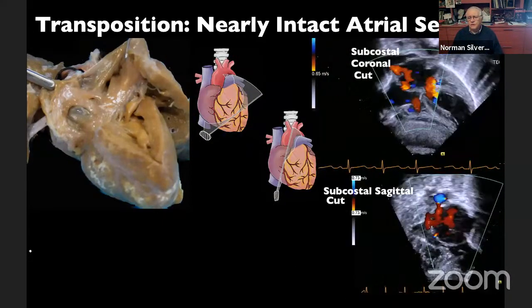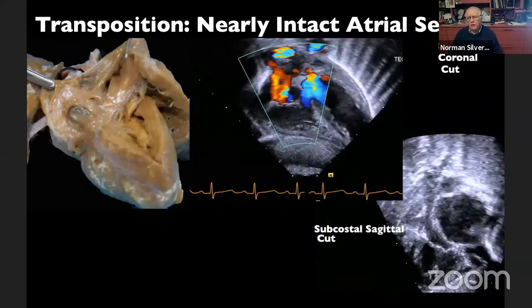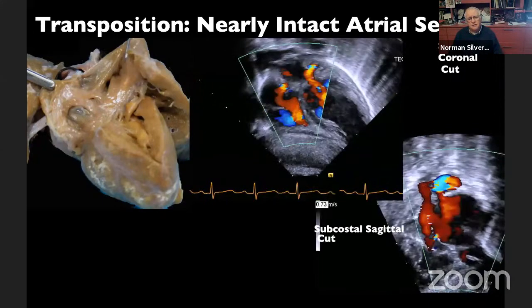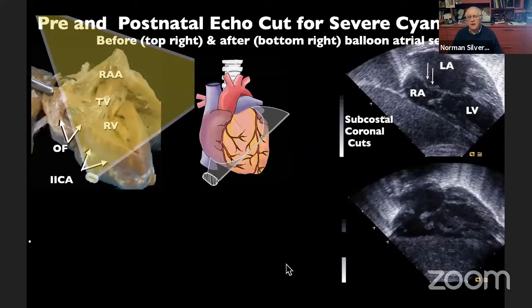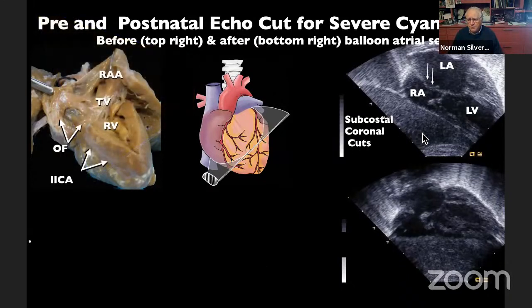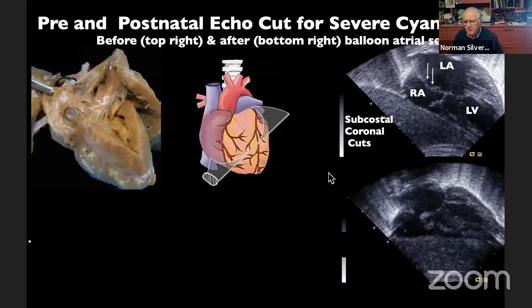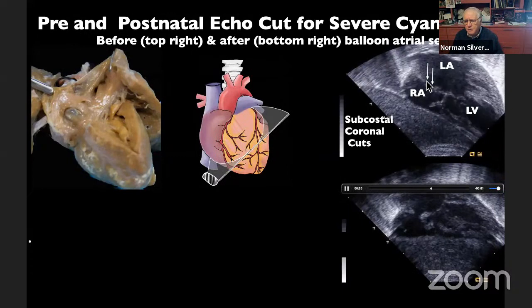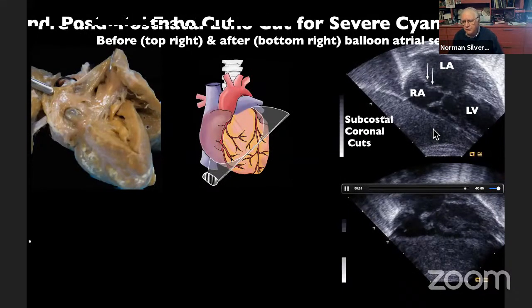The consequences of the obstruction are, of course, quite significant. And so here, the next picture showing the same features in a subcostal coronal is from a neonate who presented with total obstruction at the oval fossa area. And you can see here septum primum has obturated entirely this atrial septum.